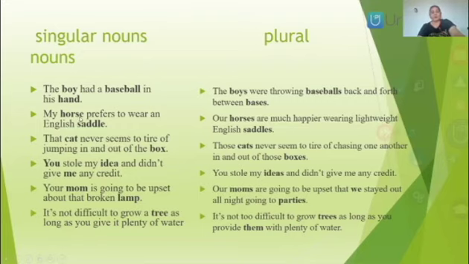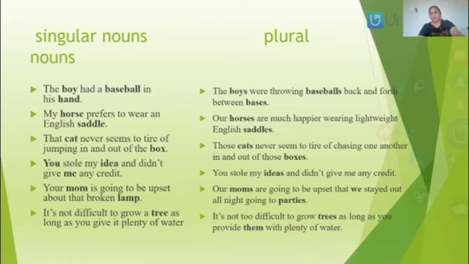Okay. My horse prefers to wear an English saddle. Pay attention to the pronunciation of wear, saddle, and my; it has to be softly pronounced. My horse prefers to wear an English saddle. So now this my horse is singular, correct? So you could change that to plural form. Our horses, okay? Our horses are much happier wearing